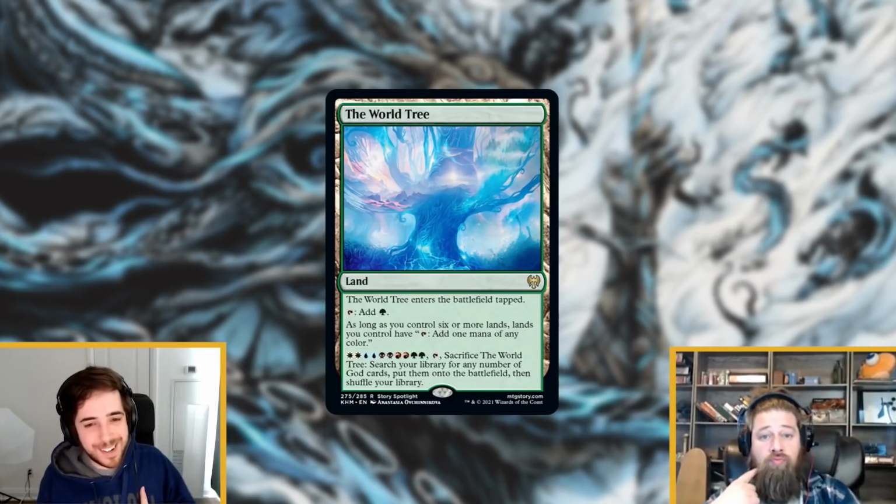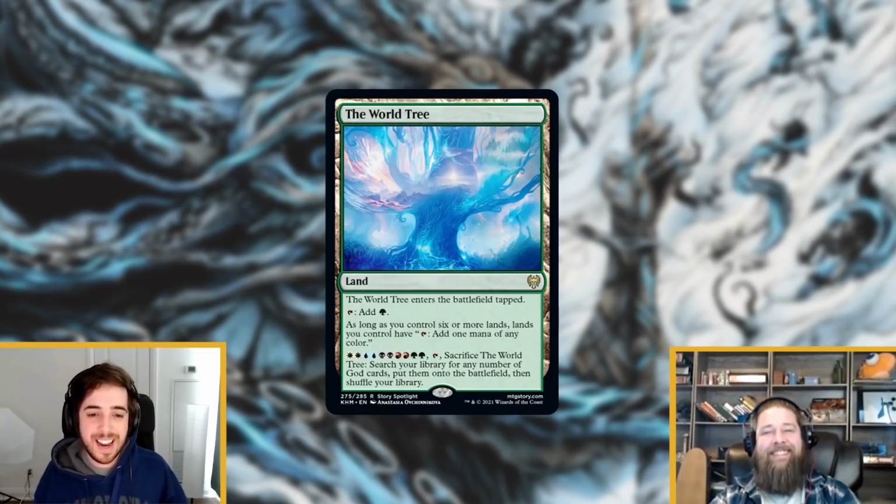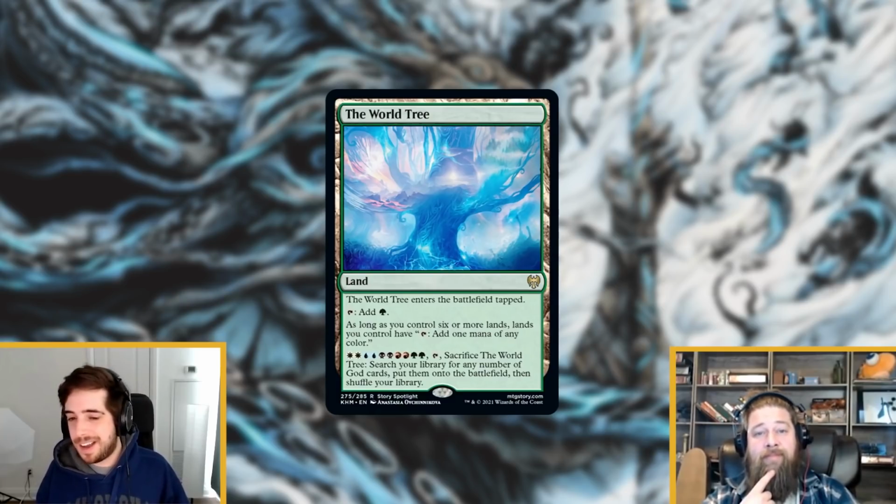The thing that I'm most excited about is I have a Tribal deck, which is all about changelings, and all changelings are all creature types at all times, including gods. So if you have a deck full of changelings anyway, you can just get all those out. And even though changelings are generally a little bit weaker